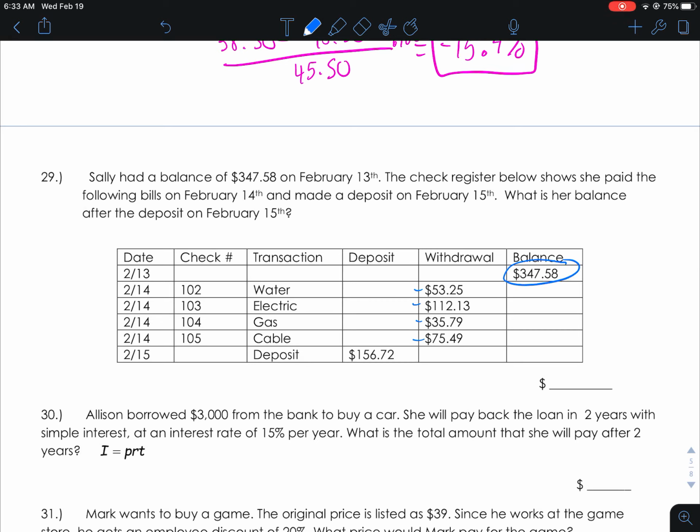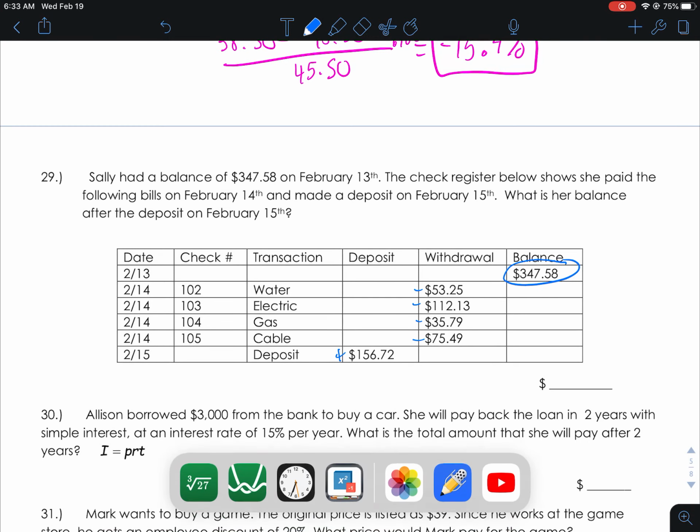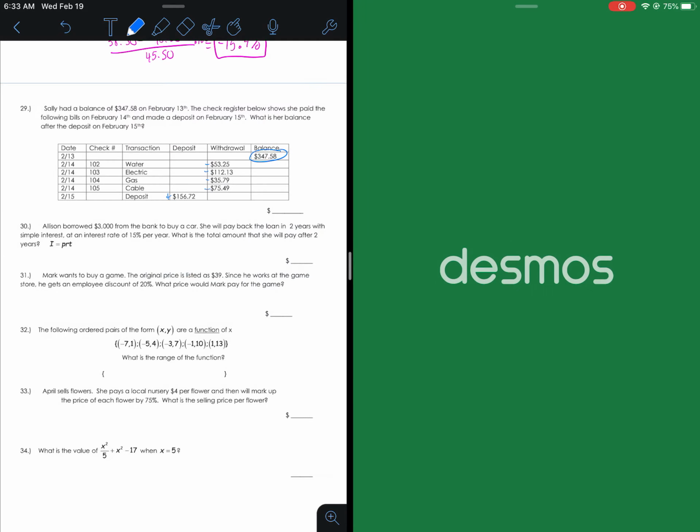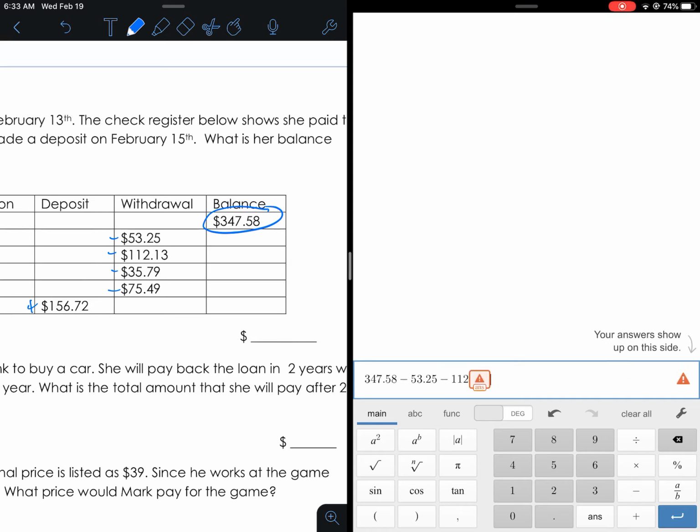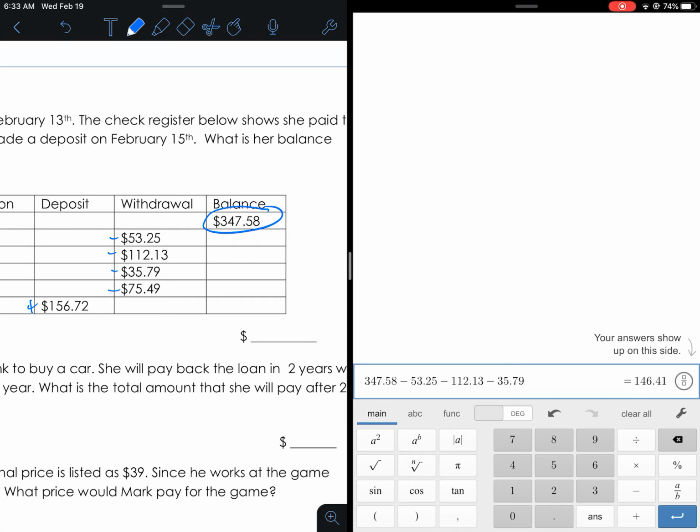Remember, withdrawals we're going to take out, and deposits we're going to add back in. So I'm actually going to do it this way, so I can make sure the math is checking right. I'm going to start with 347.58. Then I'm going to subtract 53.25. And you can just keep it going. Minus 112.13, minus 35.79, minus